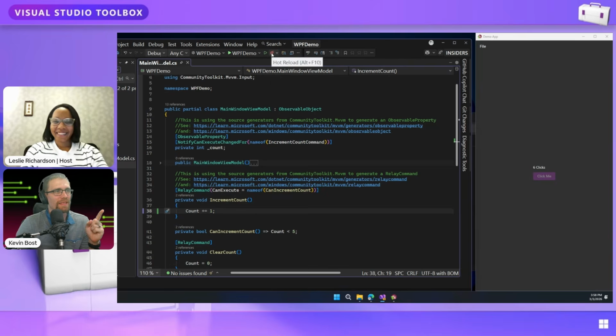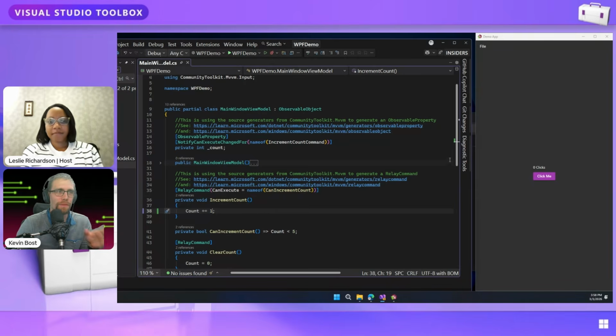When I hit the hot reload here, you'll note it applied, but a couple things all happened, right? It went back down to 0 clicks, and I intentionally skimmed over that before because